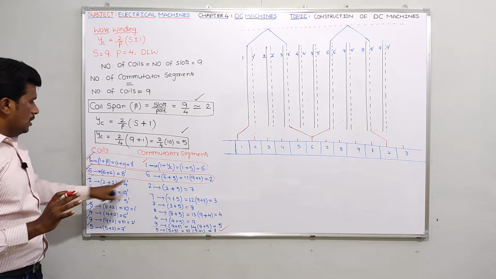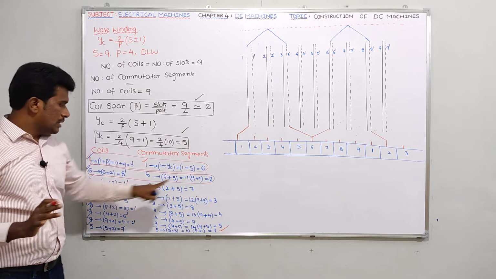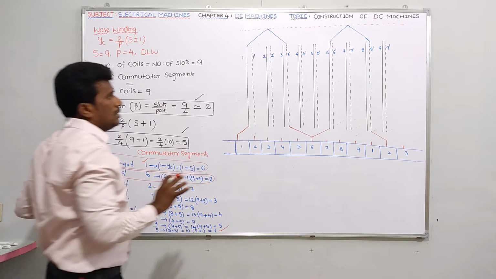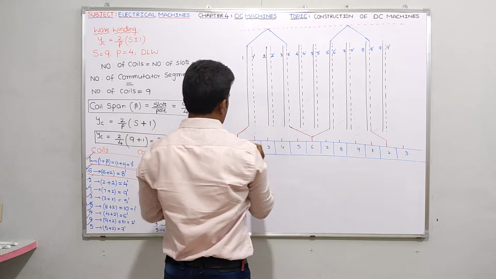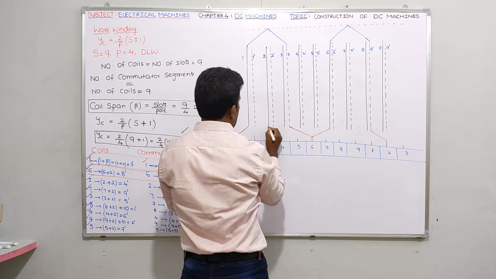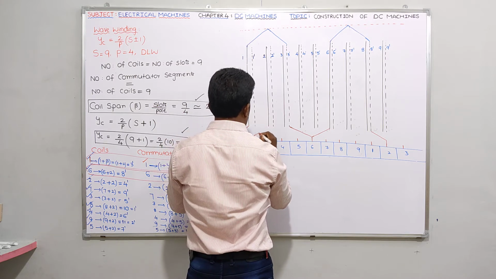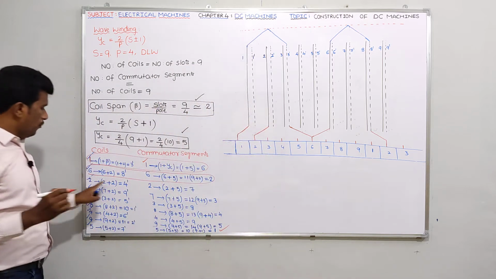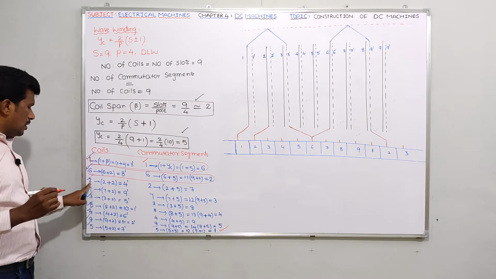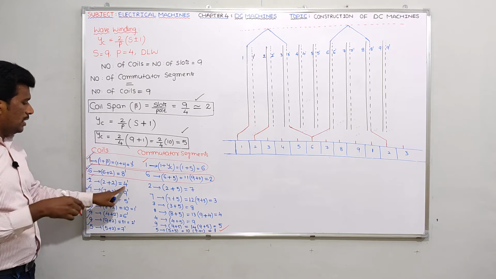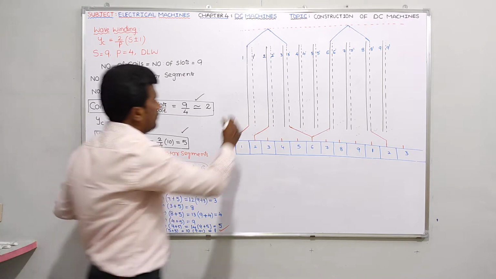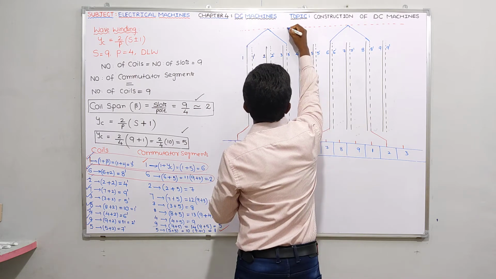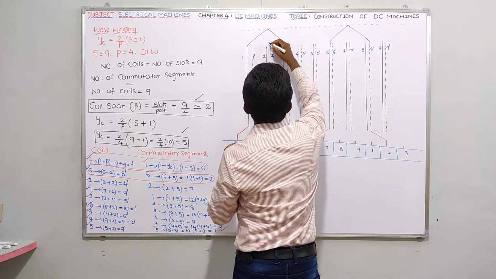Next, to this second segment, the second conductor is connected. I mean to say, here second is the conductor, and to this second segment the second conductor will be connected. Yes, let me show like this. And tell me, in this 2 4 dash coil, if I take one coil side as the second conductor, what is the other coil side conductor? 4 dash. So you should go from 2 to 4 dash, like this.